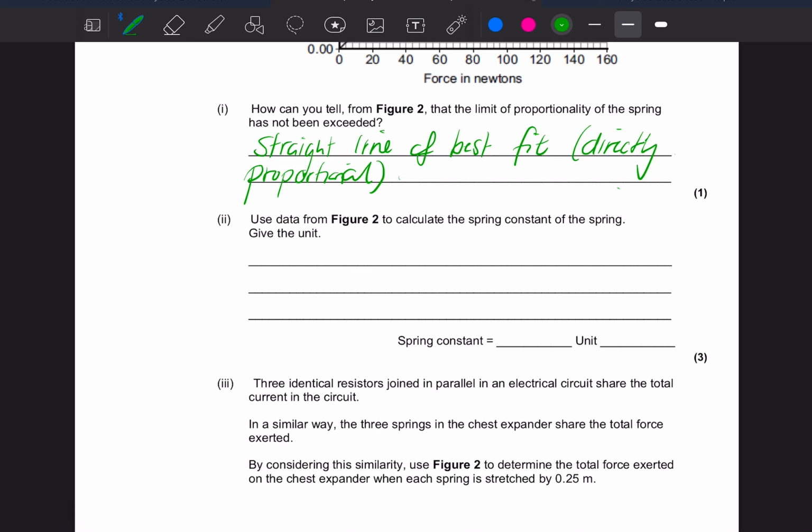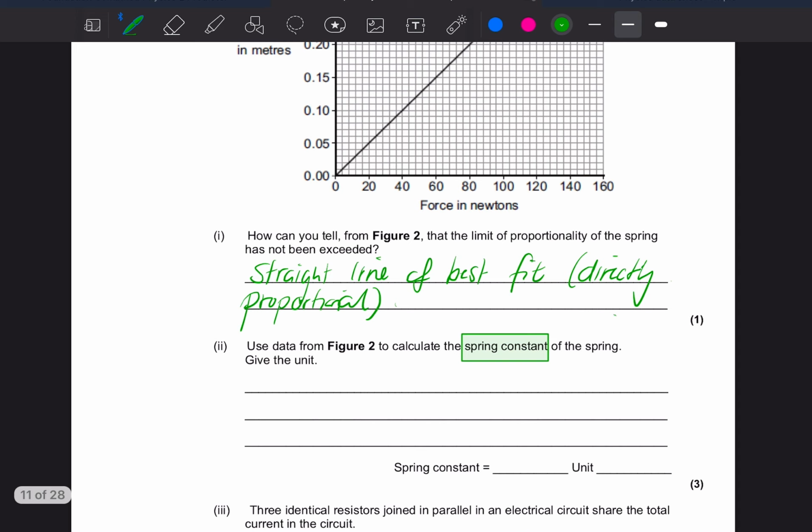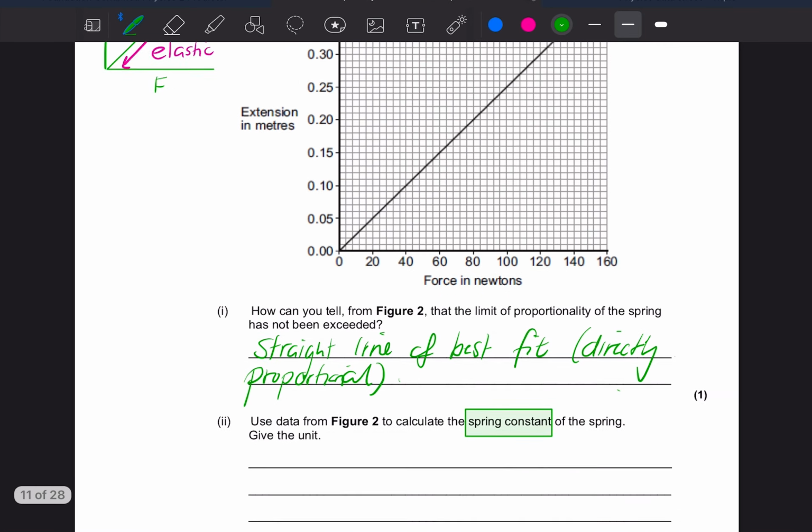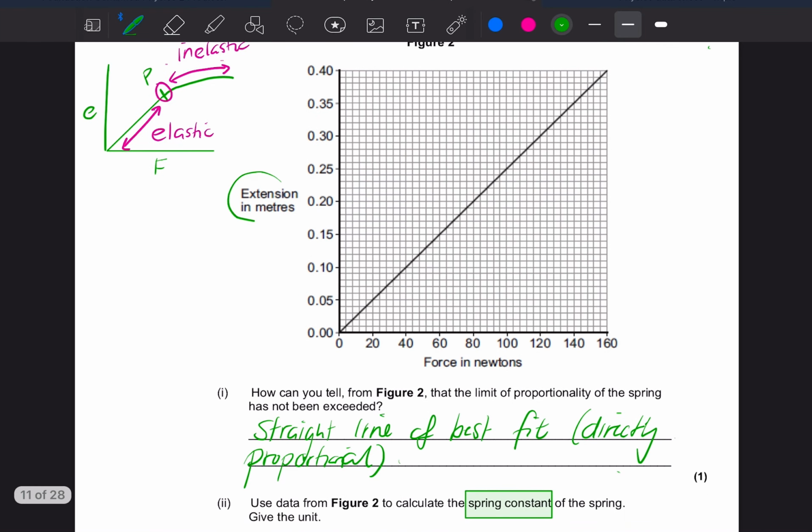Use the data in figure 2 to calculate the spring constant of the spring. Give the units. So spring constant. We're going to go to our physics data sheet. We are going to look for a formula that has the spring constant in it. And if we're using the graph, we've got extension and force. So we can pull up values at any point for extension and force. So what we'll try and do is we'll just try and pick an area on this graph where the numbers are dead easy, such as